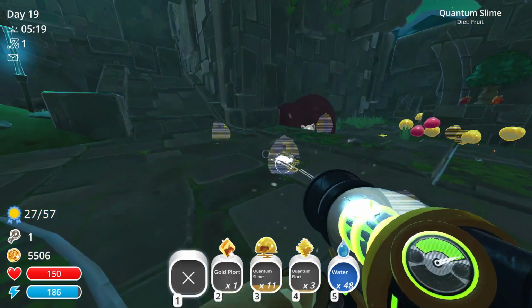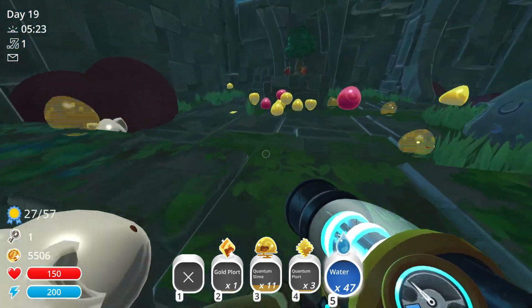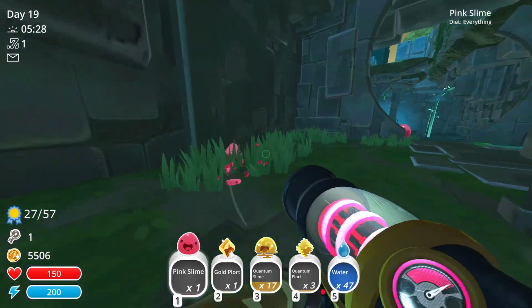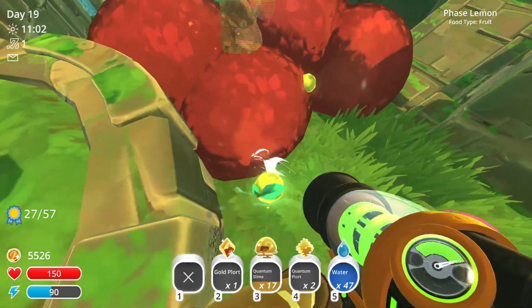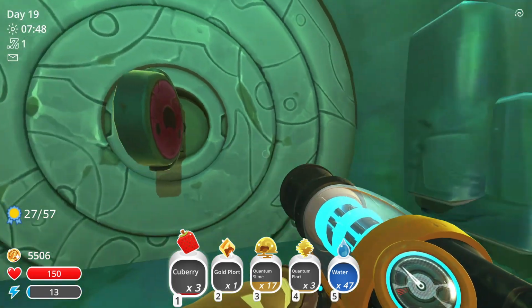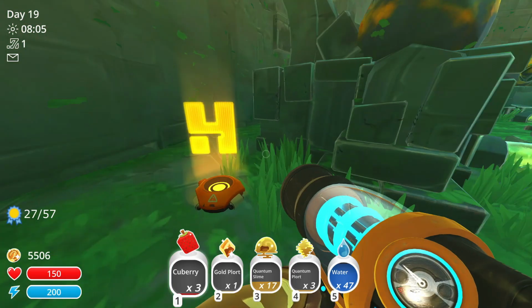This area is massive, so much to explore and many new resources, like the quantum slime who like to phase in and out of reality, as well as their favourite fruit, the phase lemon, which can only be obtained by giving it some fruit in return, after learning this information from Hobson. Exploring deeper into the ruins, I'd find a locked door. Luckily, I had a key on me, and just like before, I must deposit plorts in the statues to activate